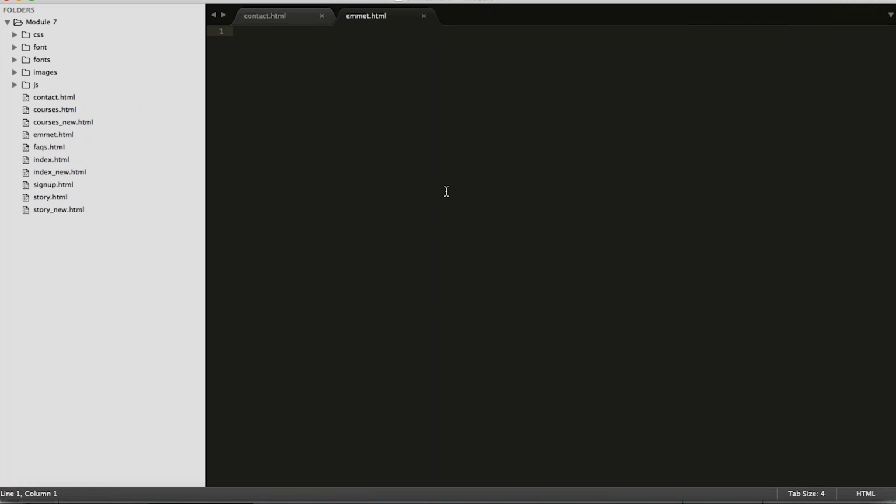So this is the text editor which I preferably use. It's Sublime Text. It has some intelligence in it, so it creates a normal HTML page. I think you guys are very much aware of this. So this is an HTML5 page. This doctype html tells us that this is an HTML5 page.